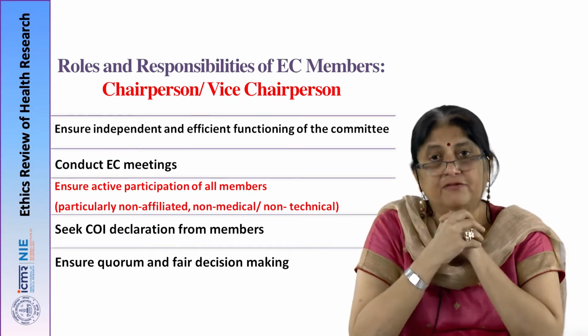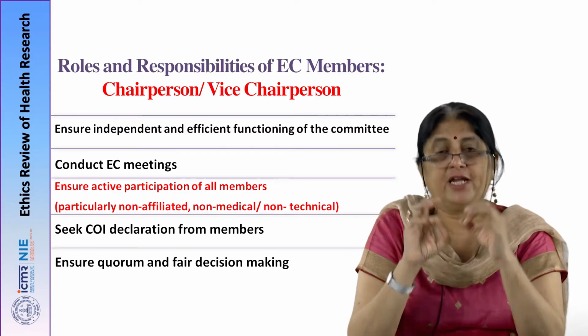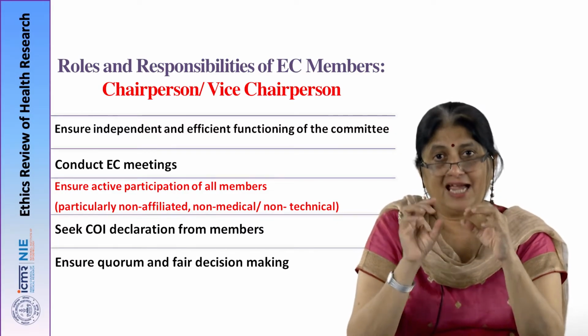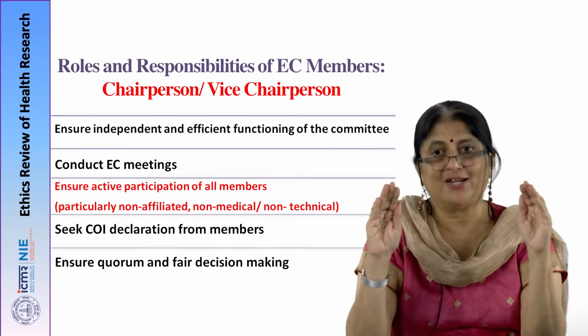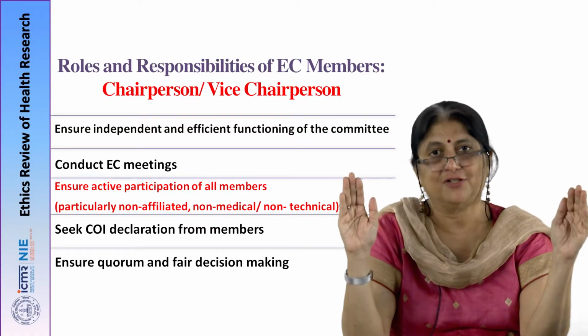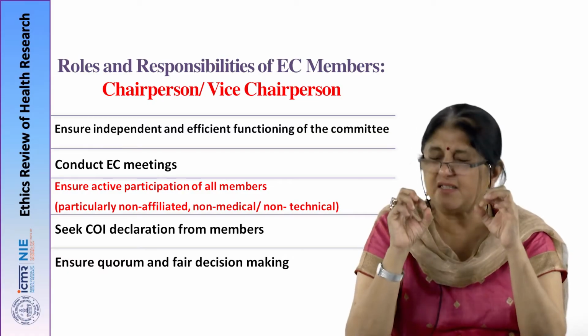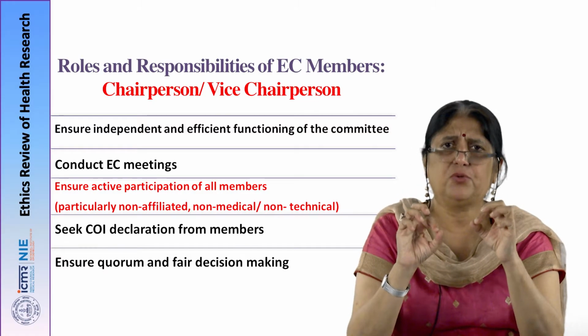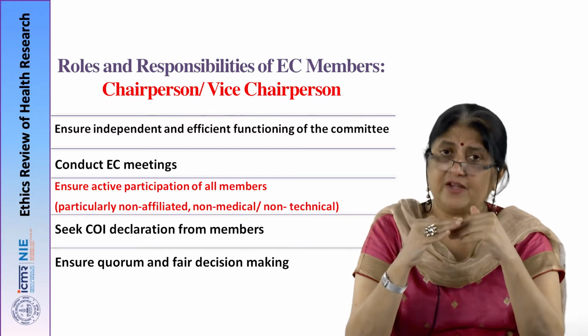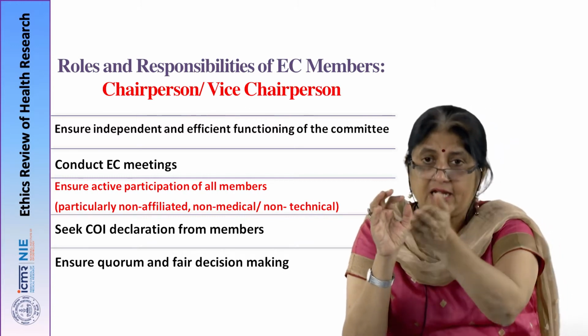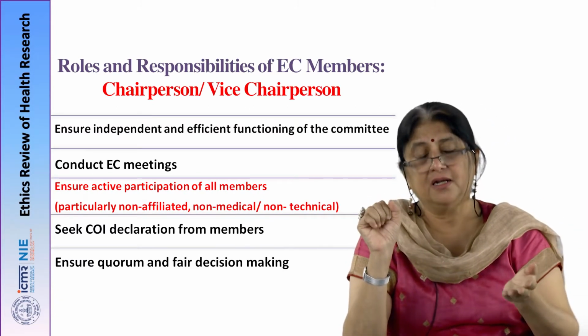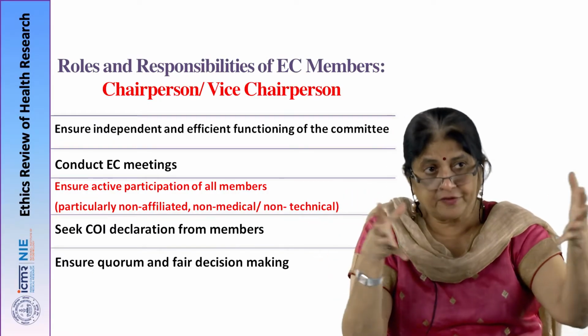What does the chairman have to do? The chairman has to ensure independence and efficiency. In fact, the chairman is responsible for the committee's functioning. He or she has to conduct the EC meetings, and this is probably the most crucial role that the chair plays. And it is very important that he ensures active participation, ensures the group dynamics of that group of